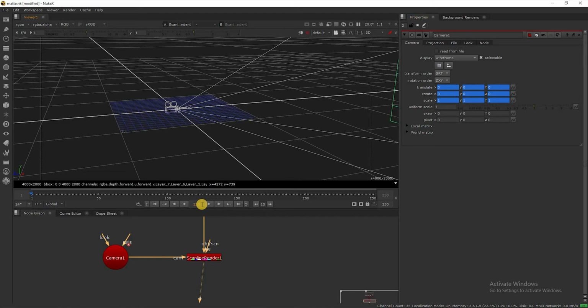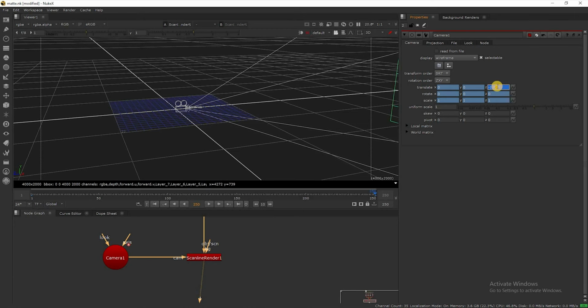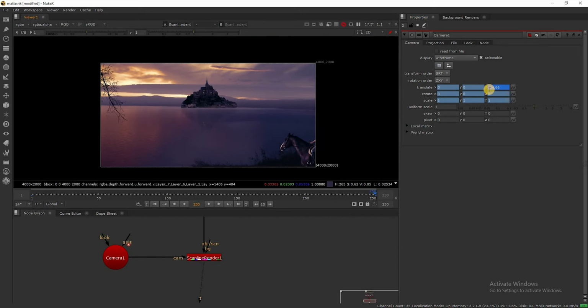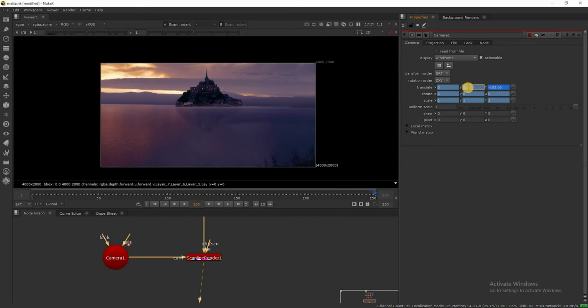Then go to the last frame, slowly enter a minus value in Z space of translate. See, the camera is moving slowly towards the castle. And a little bit of adjustment is required in the y-axis also.